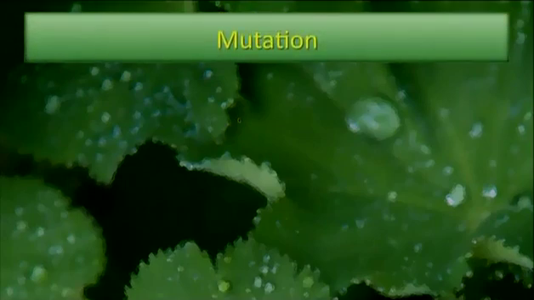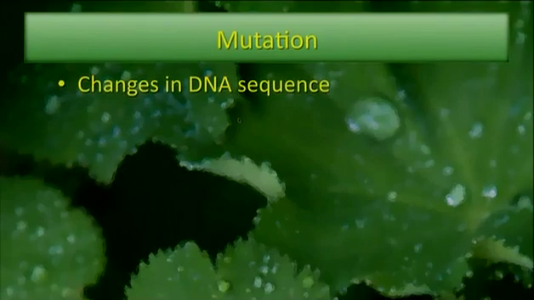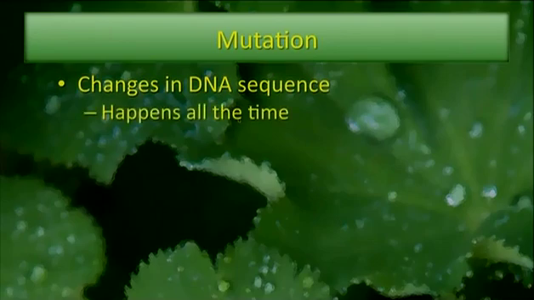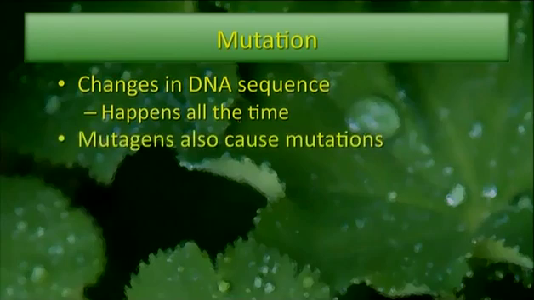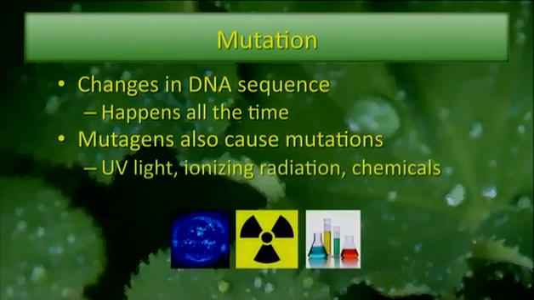Now, mutations are changes in the DNA sequence, changes in the nucleotide sequence. It happens all the time, like we talked about with our corn example a little while ago, right? It happens every time DNA replicates, you have mutation. And there are these substances and situations called mutagens that also cause mutations, such as UV light, ionizing radiation,